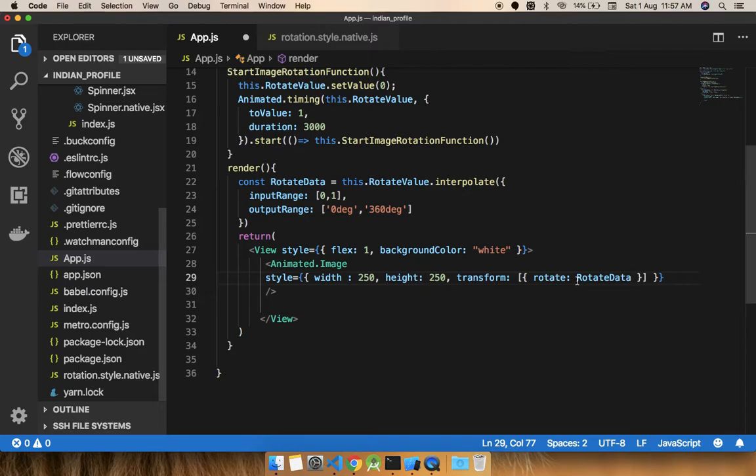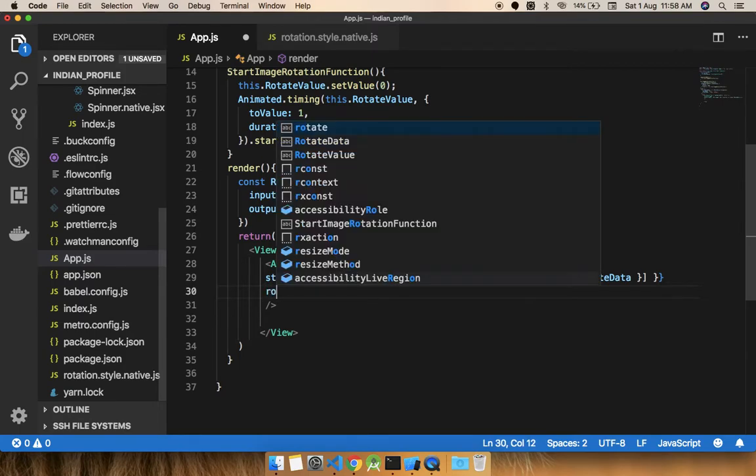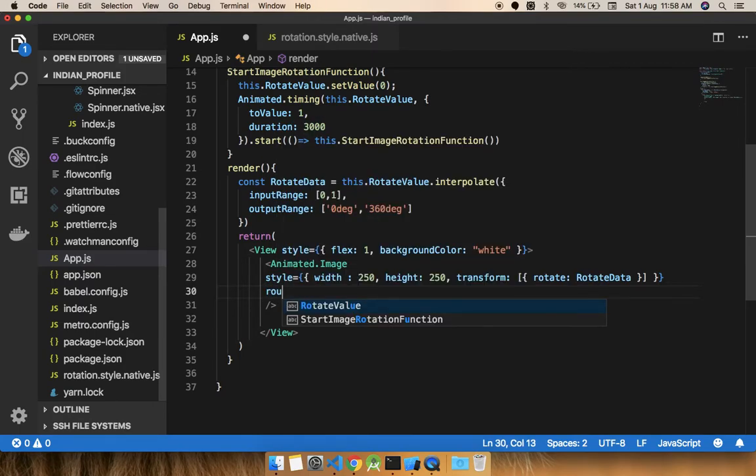Then we have another parameter called source, where we need to pass the URI of the image. If we are passing the URI, then we need to make two curly braces here, and then we pass the URI like this.